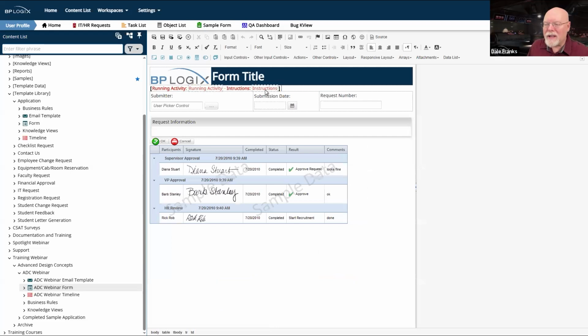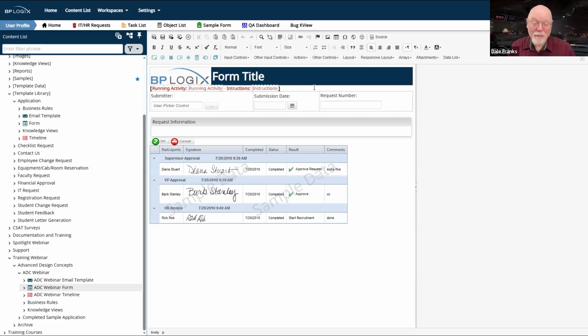First is this section up at the top. I've done it as a section, and there are several different ways of doing this, but in general, it's a good idea to give your users 2 pieces of information. What activity is currently running?